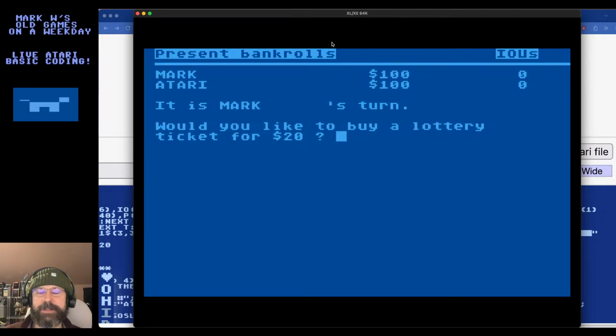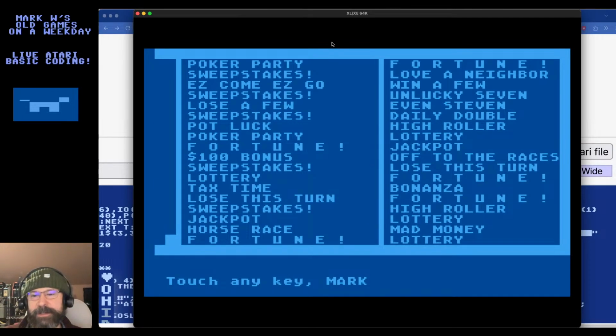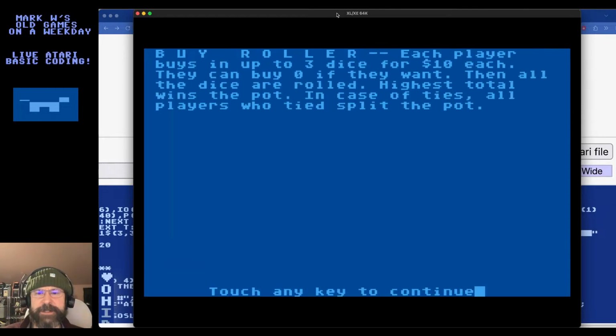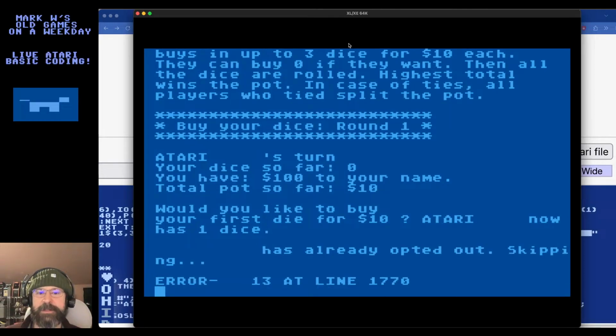All right, I'm going to try to jump right to that thing we want to test once again. And this is the random game selector, but once again, I have a hard-coded goto. So it just will always go to the one that I'm working on. All right, so Mark will say yes. And again, I have to fix the display issue, but what is happening here is Atari is being prompted. He will say yes. Right. This is kind of what I was expecting to happen.